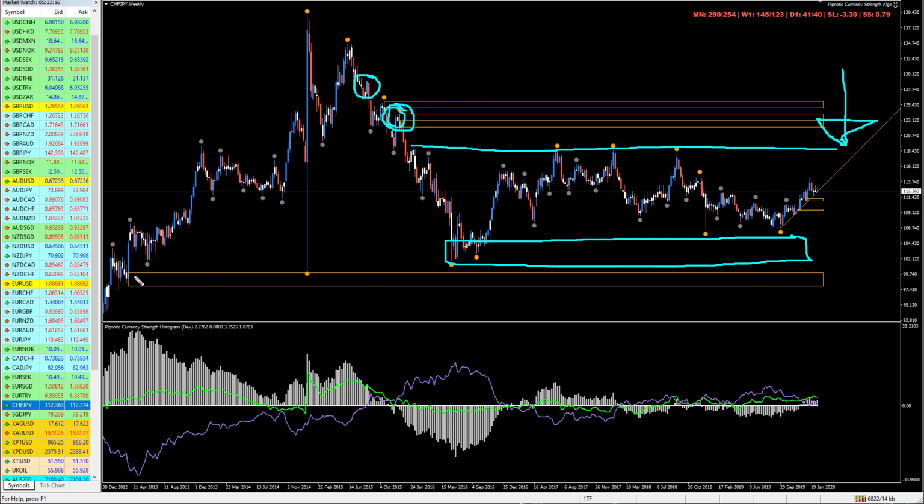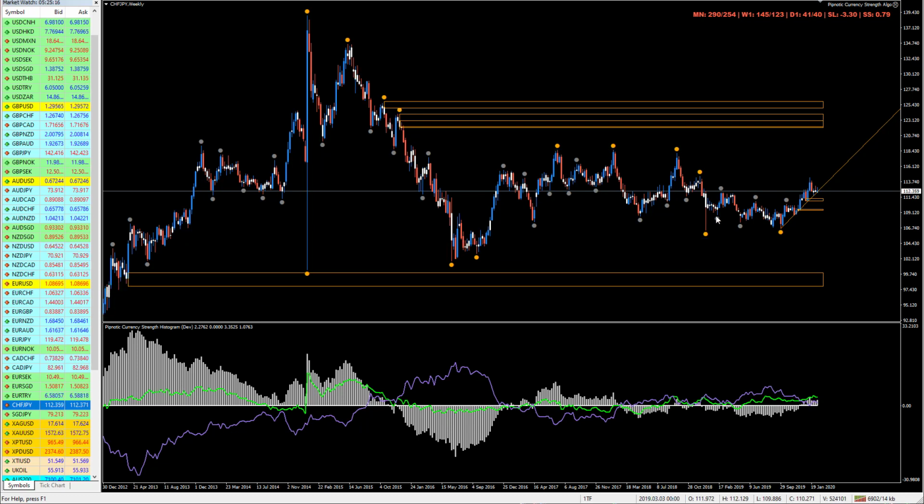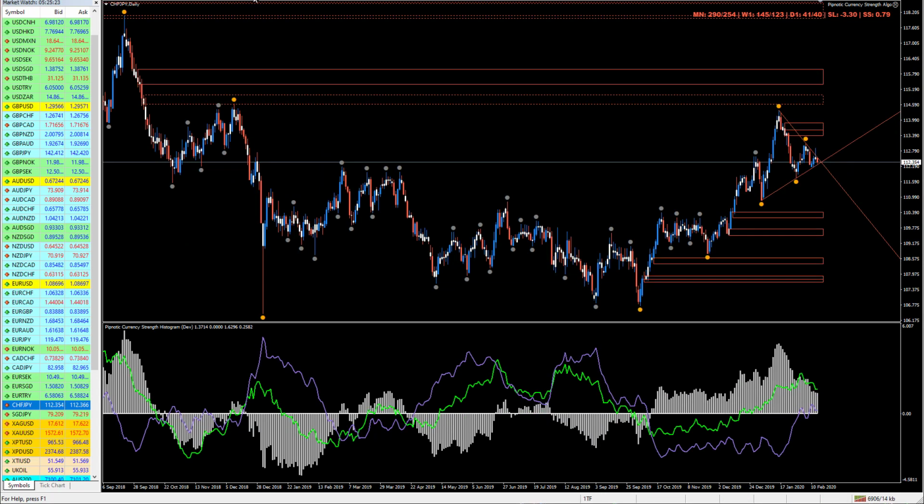So there's a lot of things to do here. We also have this beautiful area of demand right here, the child. We have the parent over here. So there's lots to look at here. But notice that market structure is intact. We're continuing to move higher. So if we look at the daily chart,